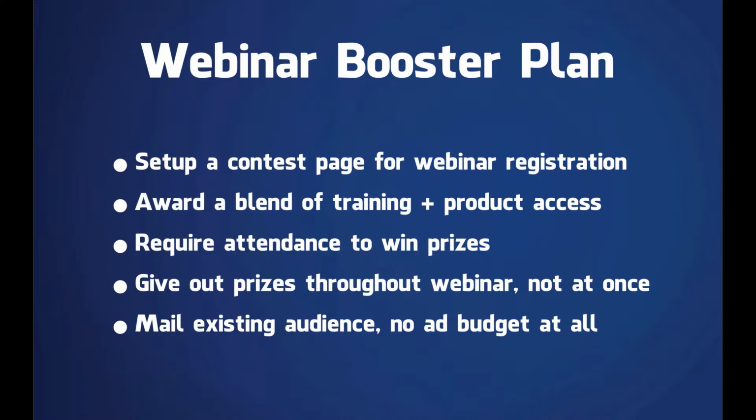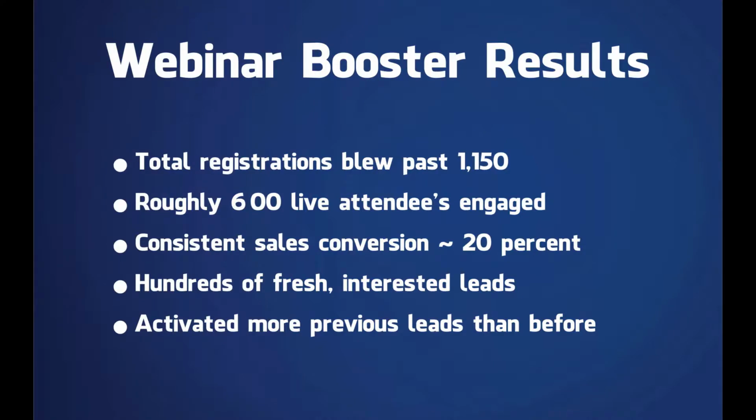He didn't spend anything in ad budget at all. The same exact list that typically had 450 people register and about 150 people show up had some pretty interesting results. He only promoted this for like 2 days. He immediately had almost 1,200 people register for his webinar from the same list that he'd been doing for months. He had about 600 people show up live, right? So that's almost a 40% improvement of people who showed up compared to who even registered the time before.